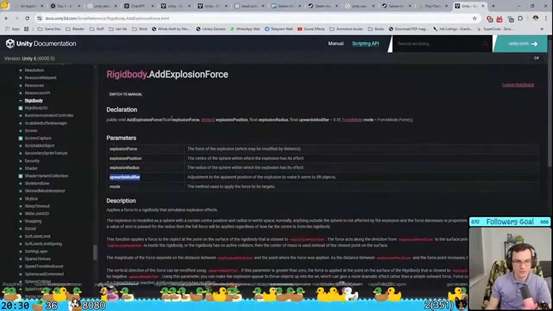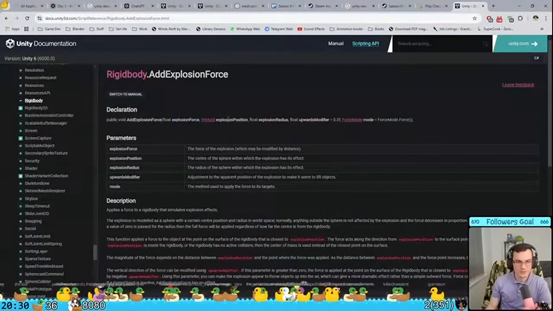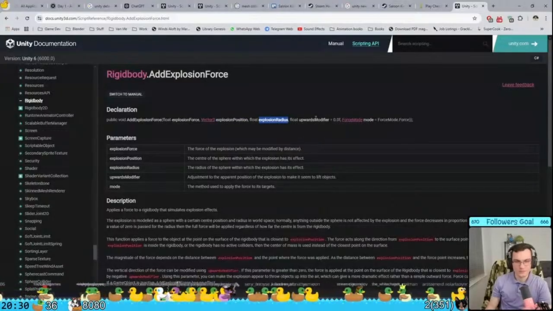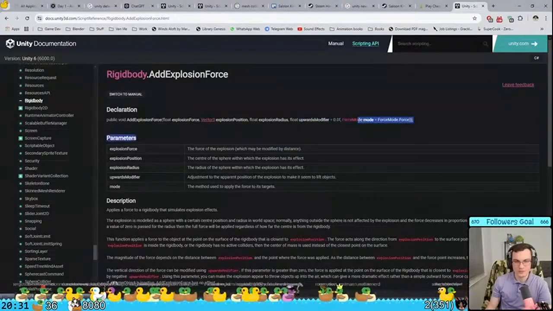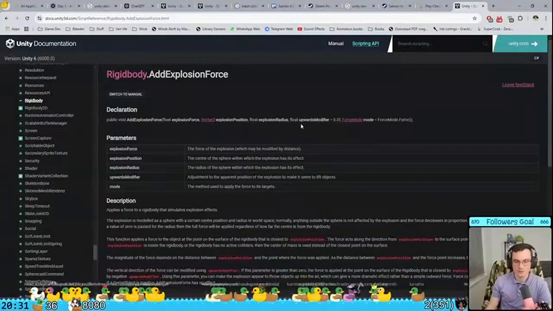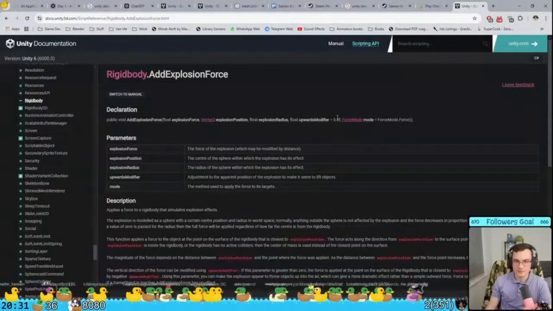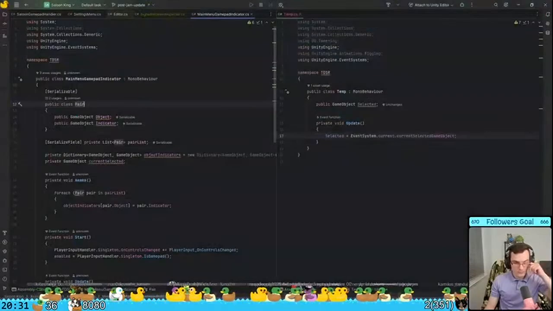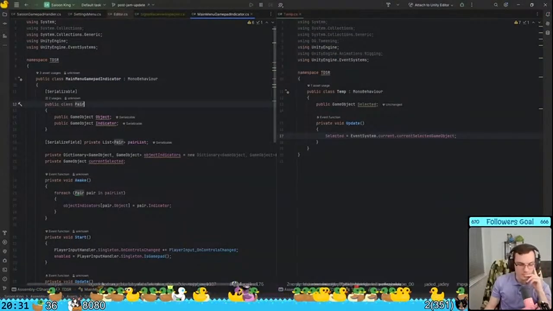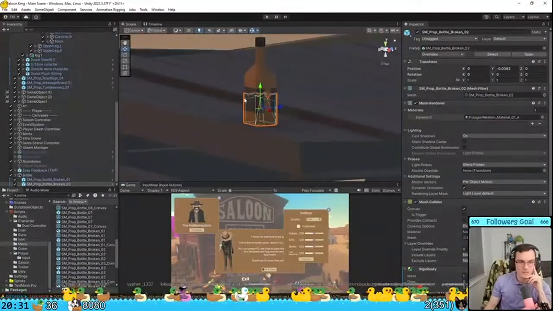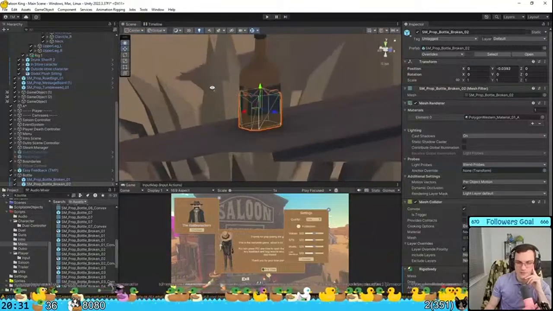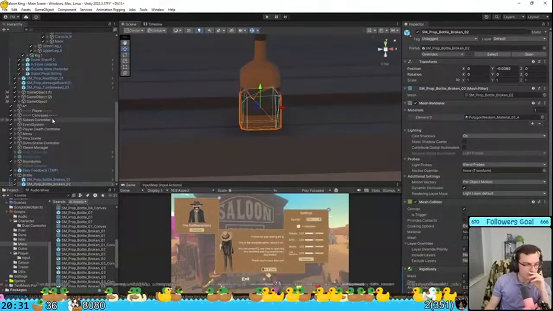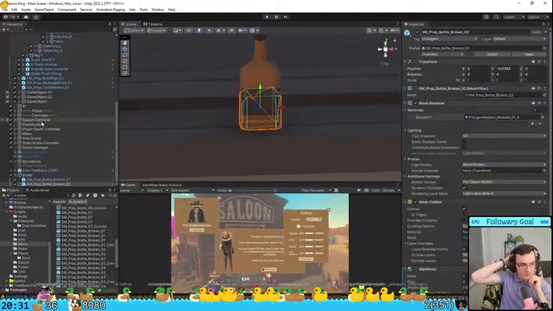Oh, here. So we need a float for the explosion force. We need explosion position, radius, and now a modifier. So that's 0. That's a float. And a force mode. Okay. Yeah, I think that's what we're gonna do. So instead of having it like this, instead of having it like that,